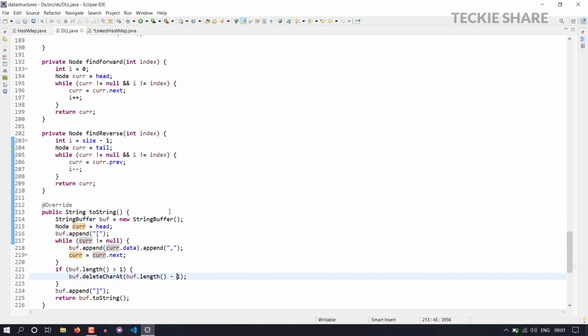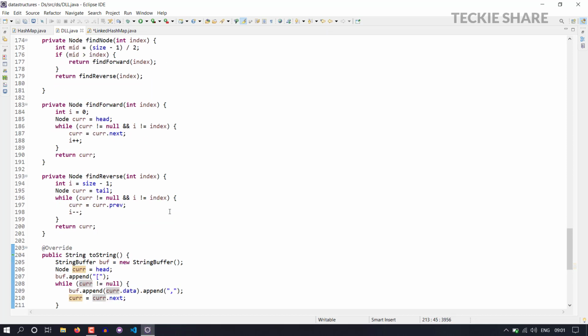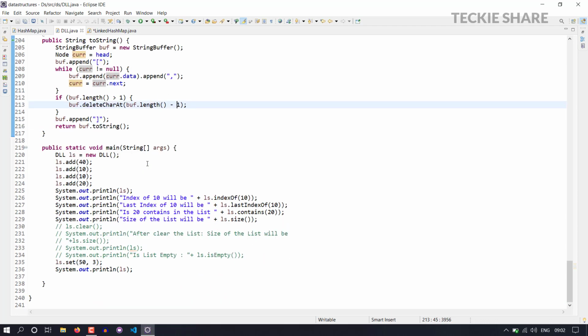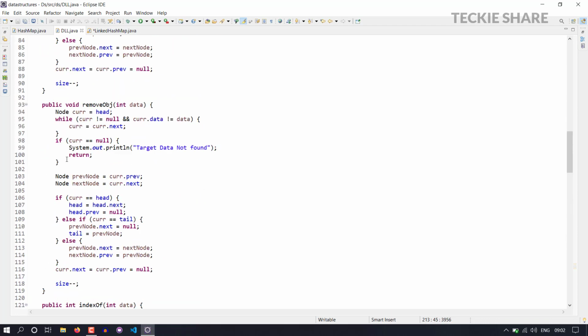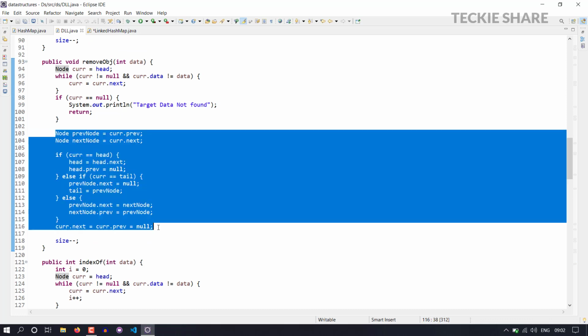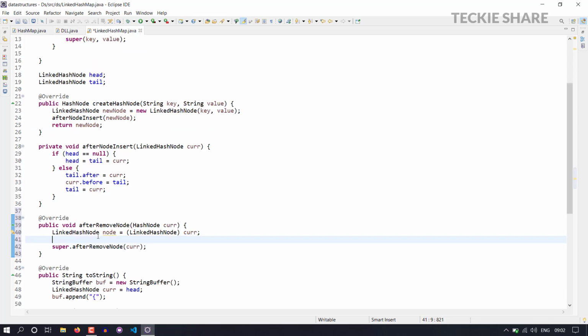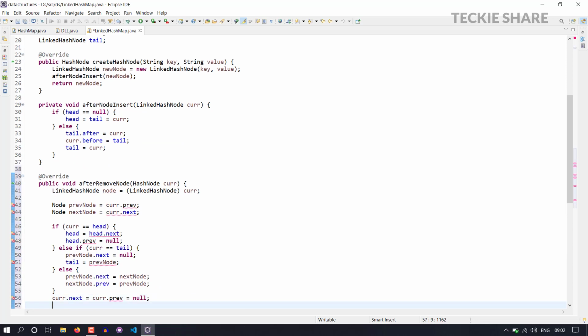So I'm going to copy the content from my doubly linked list logic. Again, I tell you, if you are not aware of my doubly linked list data structure, I strongly suggest watching that video first, because I won't explain that concept here. So I'm going to copy the content from my doubly linked list deletion and paste it into my linked hash map. Here I have to make slight modifications of names as well as pointers. So the node is current, previous should be before, and next should be after. These are the changes for your afterRemoveNode method.